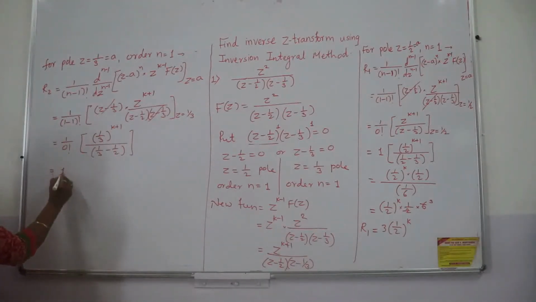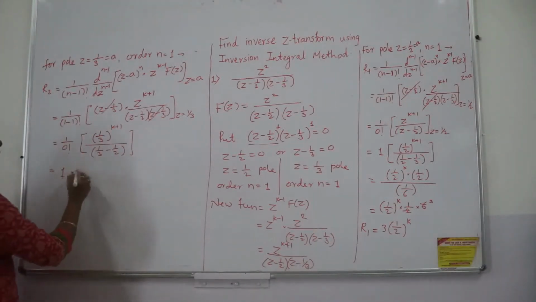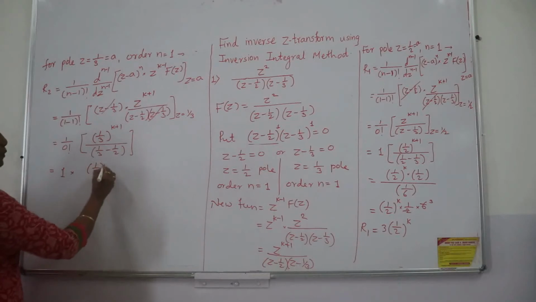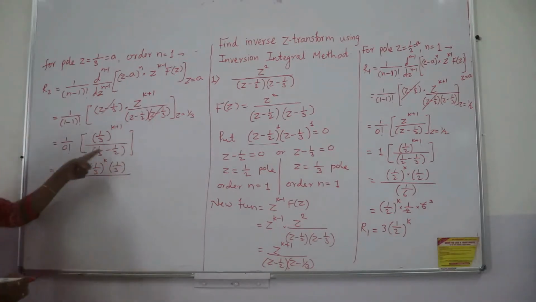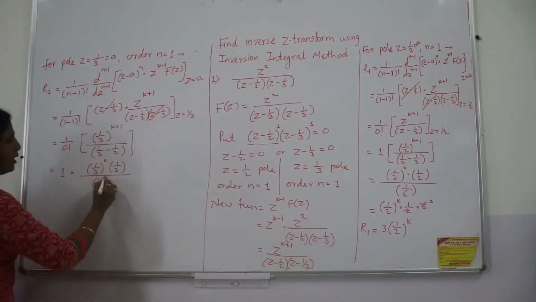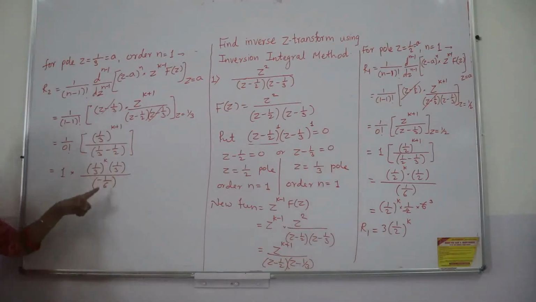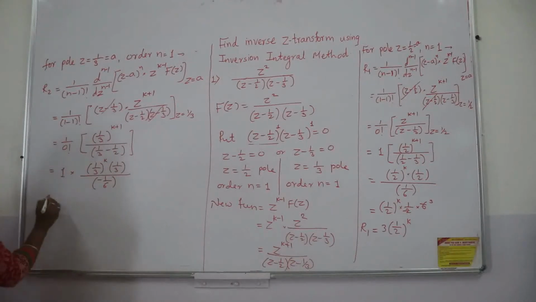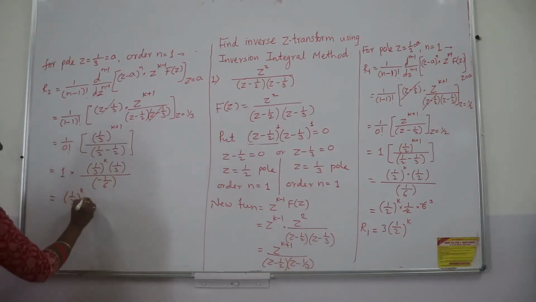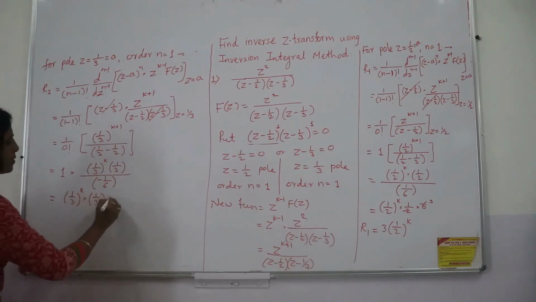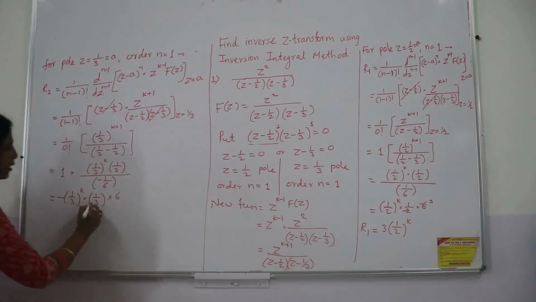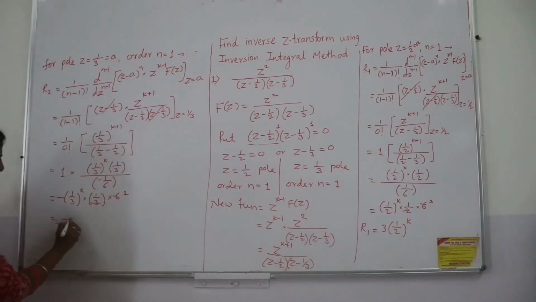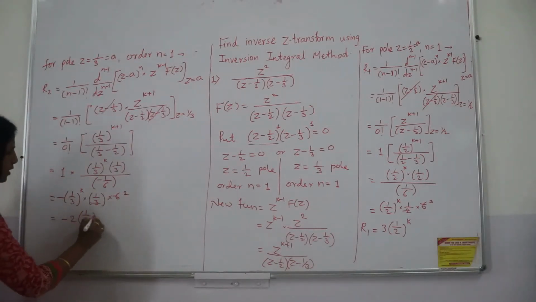Now 0 factorial is 1, as I told you already. I will separate 1 upon 3 raised to k into 1 upon 3 divided by, now when you cross multiply, this will give me minus 1 upon 6. Again for this 6 I have separated 1 upon 3. 6 will go up and this will give me 1 upon 3 raised to k multiplied by 1 upon 3. This 6 will go up, denominator's denominator, and the minus sign can be given here. 3 ones are 3, 3 twos are 6, so I got minus 2 times 1 upon 3 raised to k.